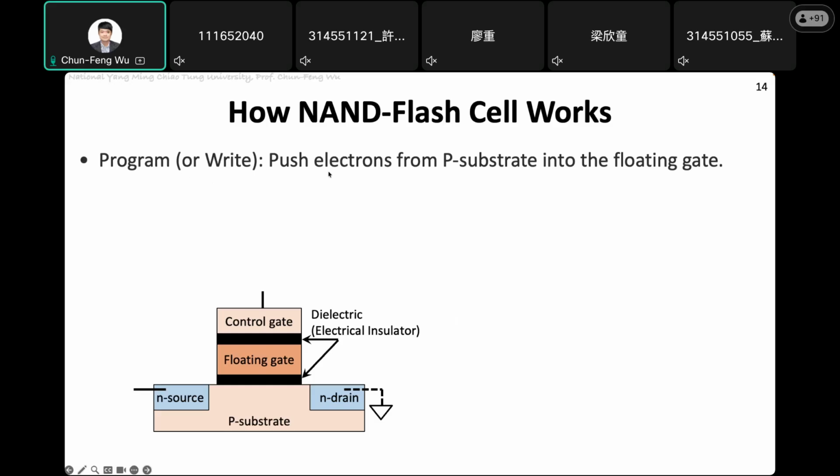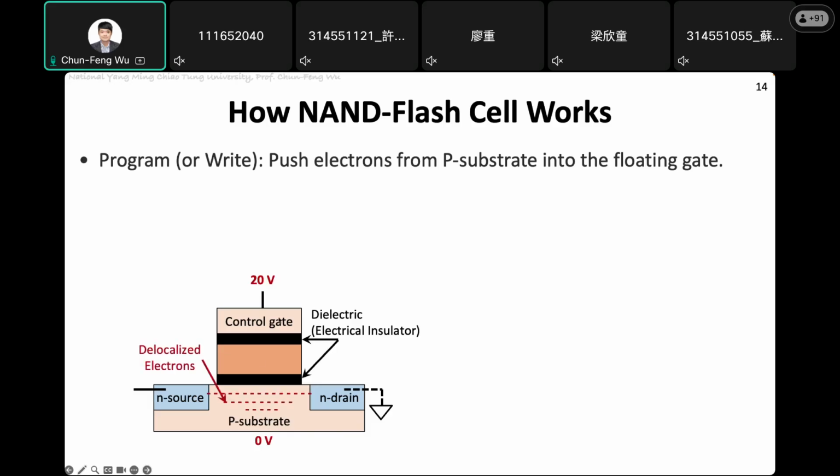So program means to push the electrons from the P substrate into the floating gate. You can think about it: currently for a NAND flash cell, there are only two states, like there are electrons inside and there is no electron inside. So at this moment, the program is only to push the electrons from the P substrate into the floating gate. Like this, if you apply 0 volt, the ground voltage, for the P substrate, and